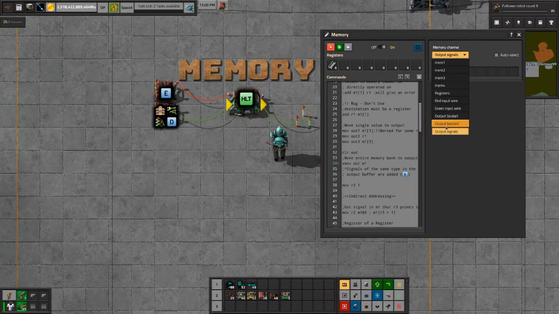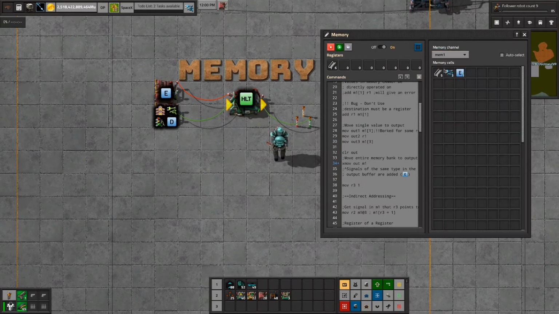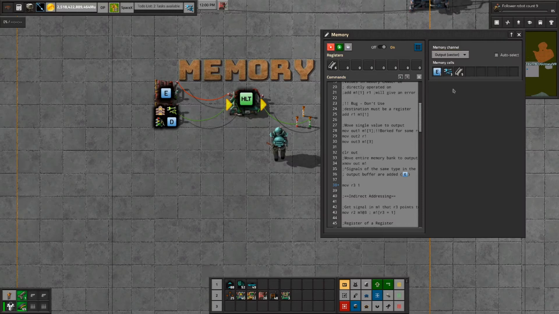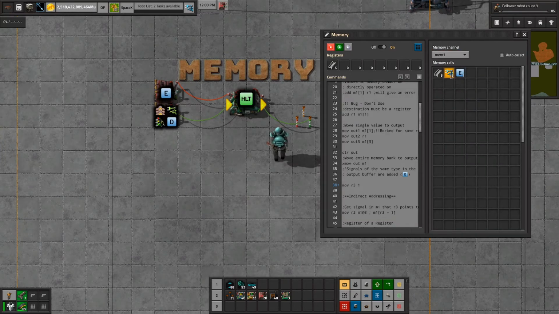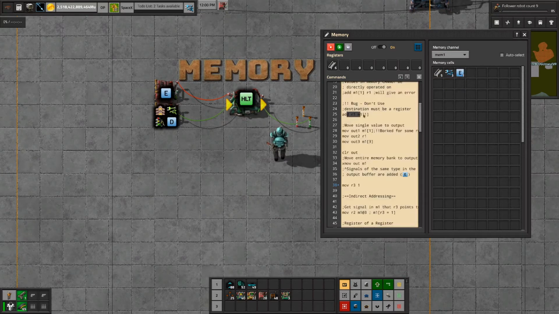Okay, and now I'm going to move the memory here. Move all this and see if it swaps it. It does. Okay, so yeah, things break just a little bit when you mix your registers and memory together. So remember, if you want to operate on what's in your memory with your normal commands,